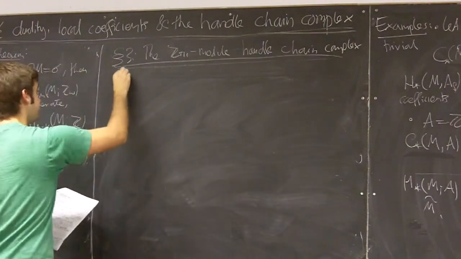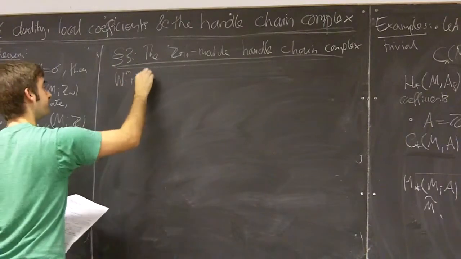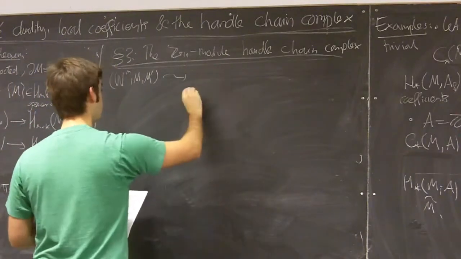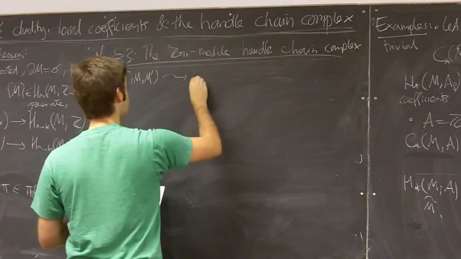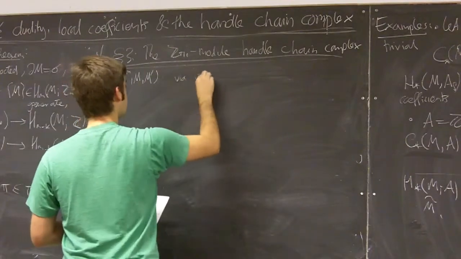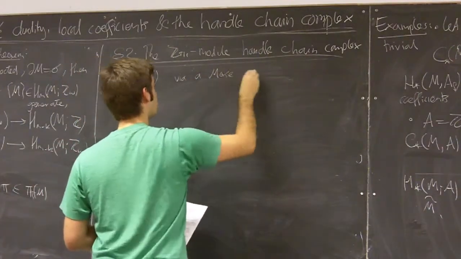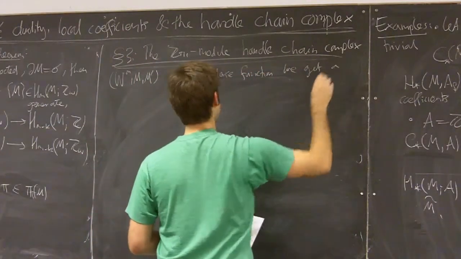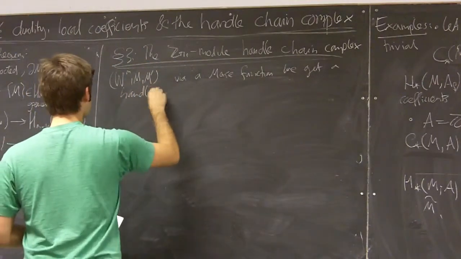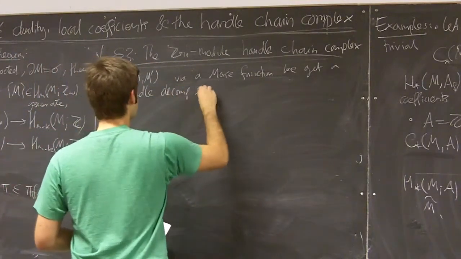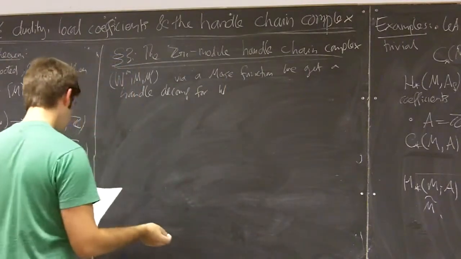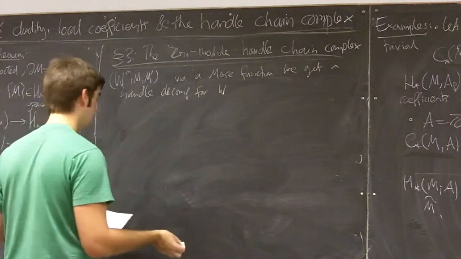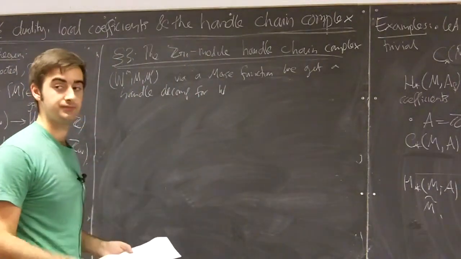So we saw in the first lecture, if we have a cobordism, via a Morse function we get a handle decomposition. And to this handle decomposition we associate a Z pi 1 module handle chain complex,